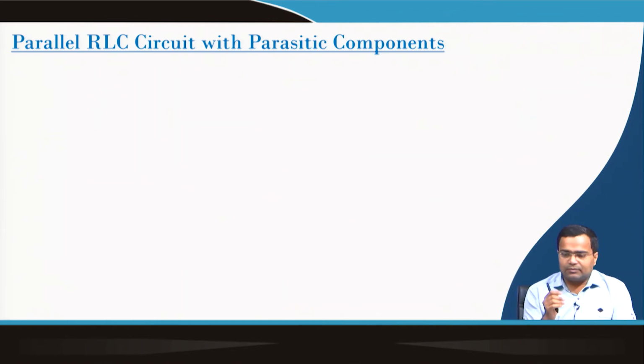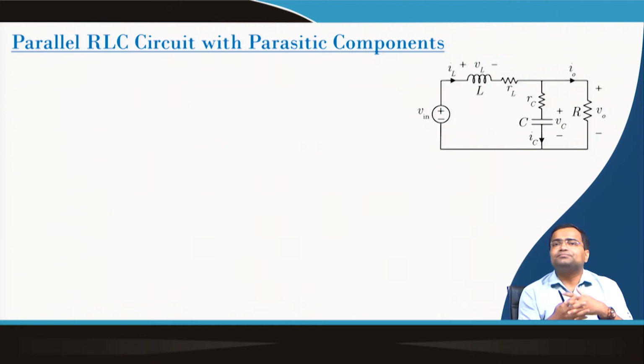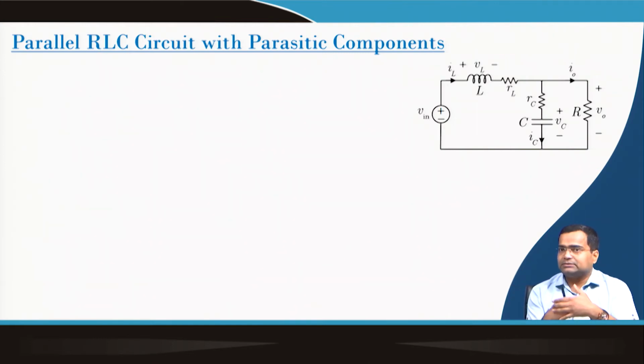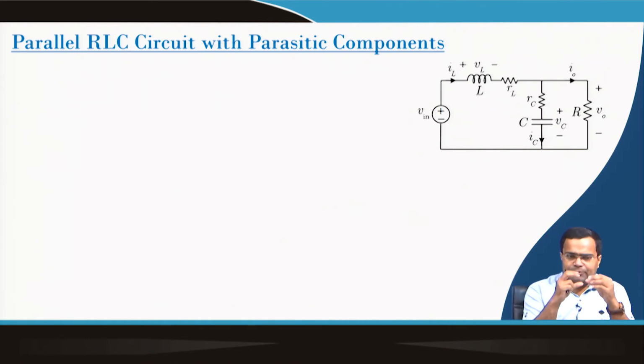Similarly, if we consider capacitance, a practical capacitance is not an ideal one. It will also have some leakage effect, and leakage means if you keep the capacitor for a long time, there will be self discharge. It will discharge by itself, and the process can be very slow. In order to emulate this discharge process, we can connect a parallel resistance with a large resistance value, so that the process of discharge is very slow. So, we can consider a parallel resistance.